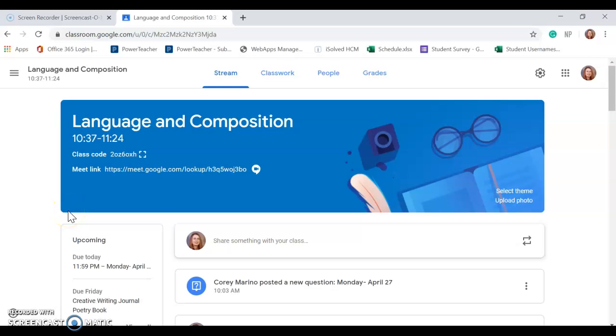Hey everyone, so I'm trying something new with this Screencast-O-Matic to see how it's going to work for you and if this might be a helpful way to explain some of my